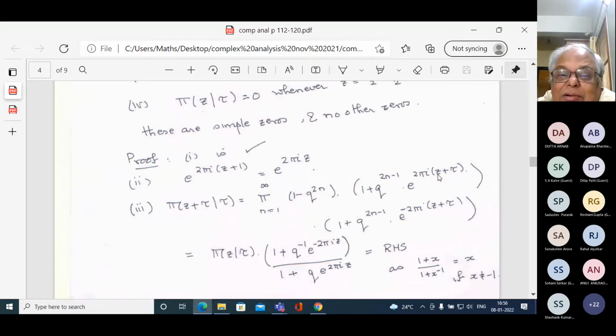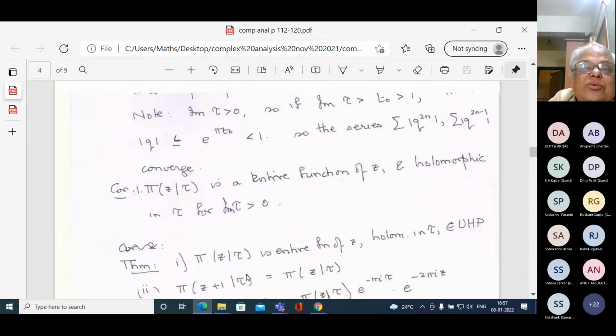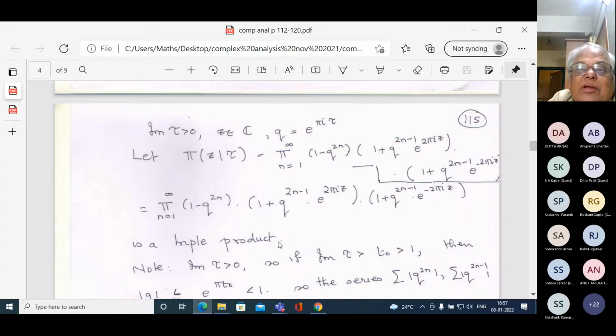Okay, and I have to add and subtract, multiply and divide by a certain factor. And the factor I have to divide is this. See, the point is that tau, to e to the 2 pi I z into tau. The tau I will absorb into the q, because what is the q? Q is e raised to pi I tau. Where do I have that? Q is equal to e raised to pi I tau here.